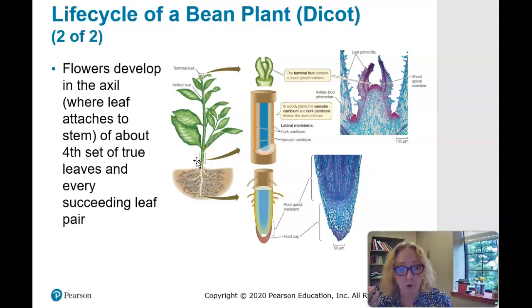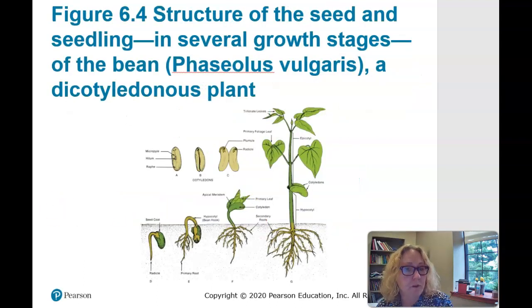So it's going to grow 4 sets of leaves. It's going to photosynthesize because babies take a lot of energy. So if you're going to grow a flower, you want to have enough leaves to photosynthesize. You want to make sure you're in a spot that's not too shady, that's not being crowded out by someone else. And then you're going to start looking at a terminal bud, which contains a shoot meristem, and that is going to be where you're going to start that process. Here again is our bean